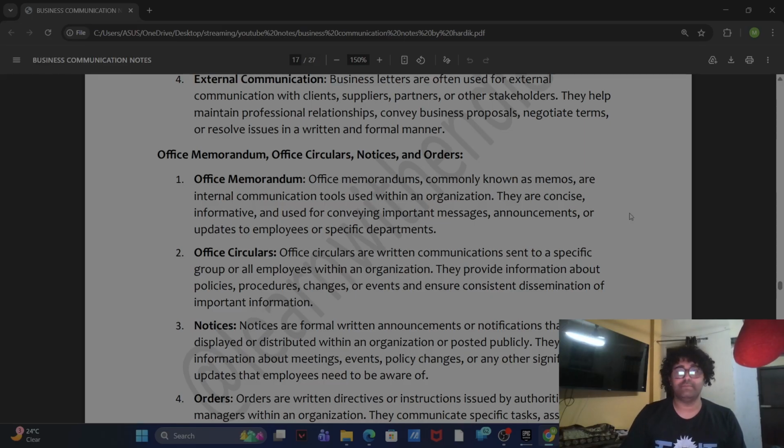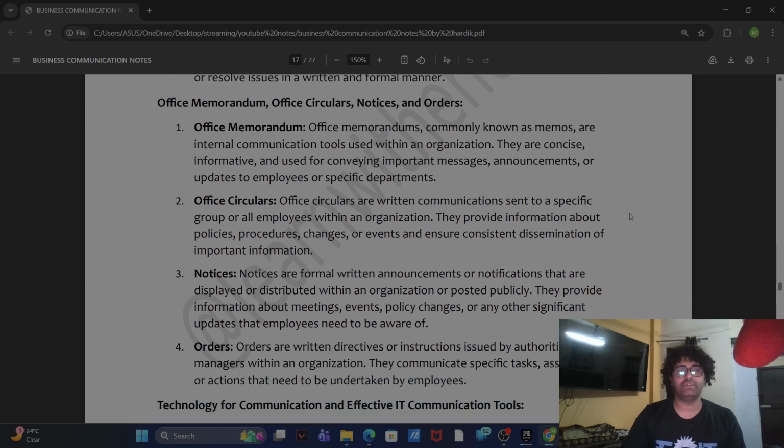Office memorandum: office memorandums, commonly known as memos, are internal communication tools used within an organization. They are concise, informative, and used for conveying important messages, announcements, or updates to employees or specific departments. Office circulars: office circulars are written communications sent to a specific group of employees within an organization. They provide information about policies, procedures, changes, or events and ensure consistent